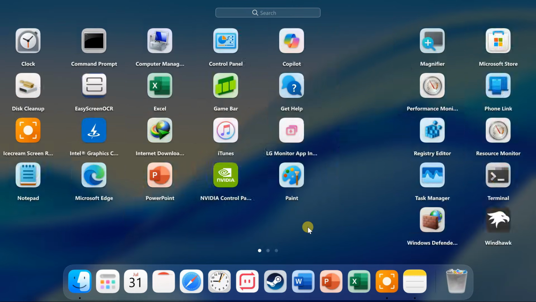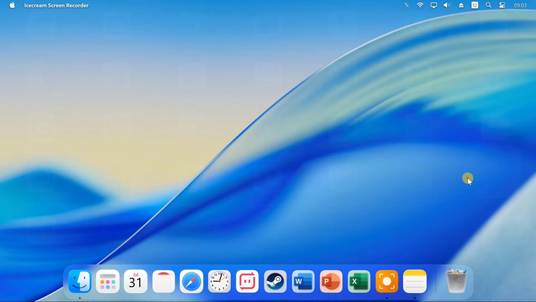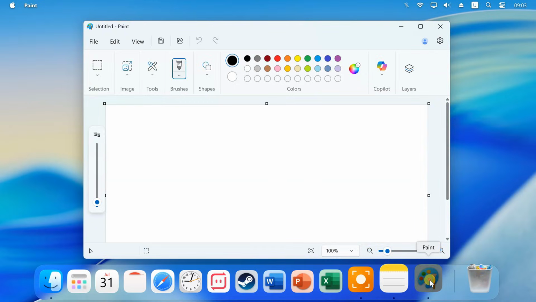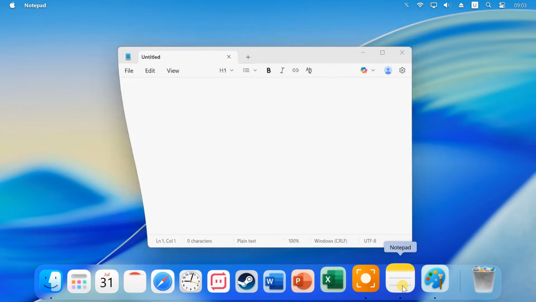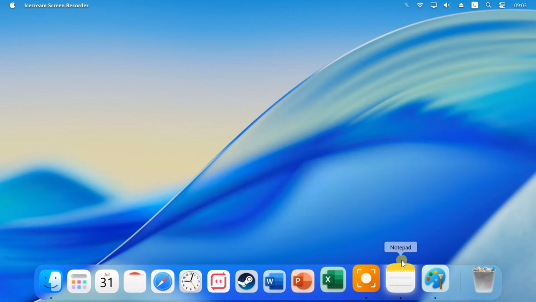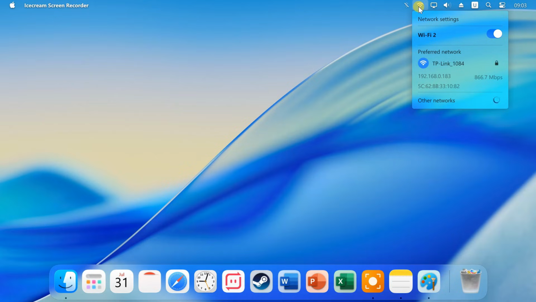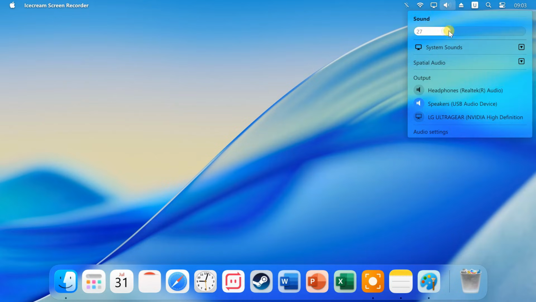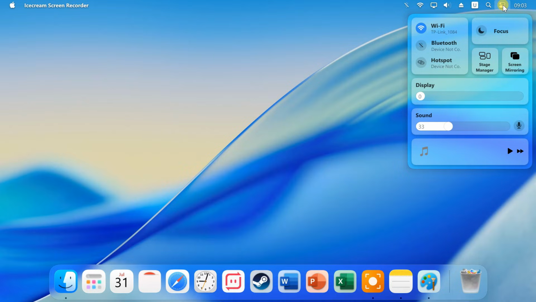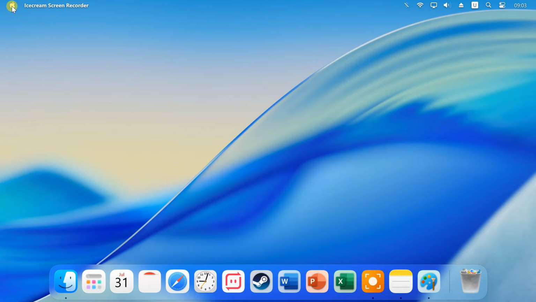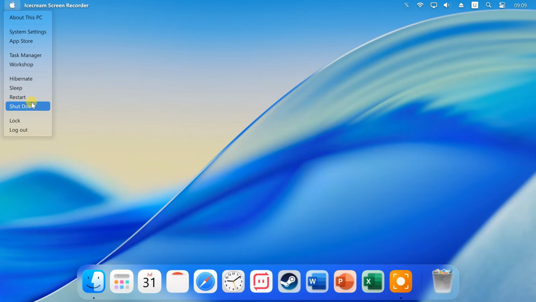My Dock Finder completely transforms the look of your desktop. It gives you a smooth, animated macOS style dock. You'll get zoom effects on icons when you hover over them. You'll also get a translucent top bar, just like a real Mac. And yes, it even includes a working launchpad for your apps and a classic Apple logo in the corner. It feels incredibly close to macOS, but it runs directly on Windows.